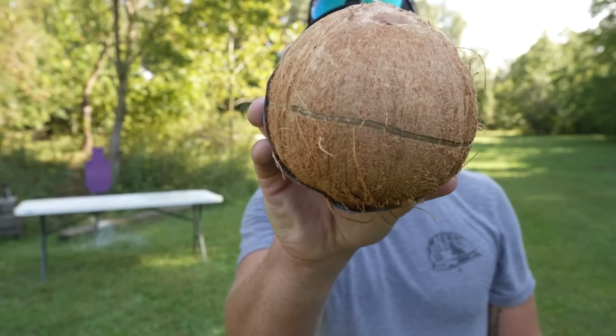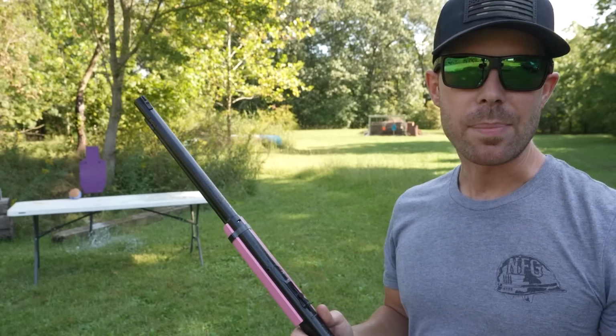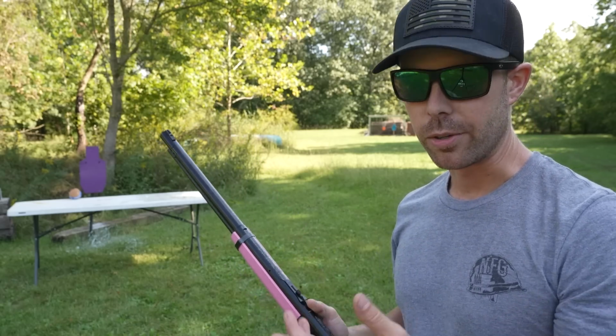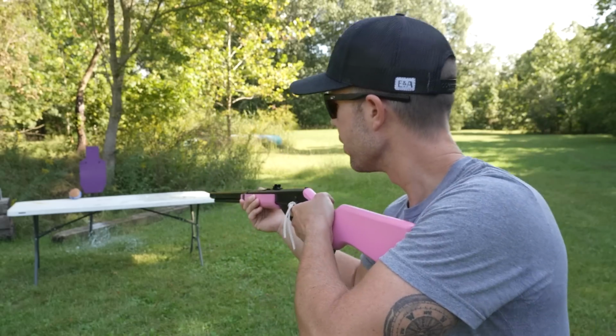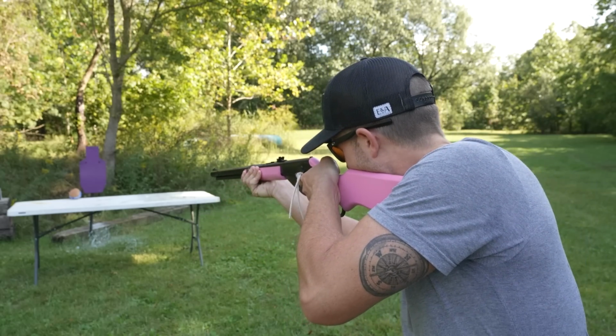All right, y'all, on my way out here I stopped and picked up a coconut because I figured it's kind of hard like a skull. So we're gonna shoot this with 2 or 3 of the BB guns and see if any of them are powerful enough to penetrate a hard coconut. We'll go ahead and start with the Daisy. It is an easy break coconut, so I'm gonna try to avoid that groove that they've cut in there, but definitely gonna turn sideways so I don't catch a ricochet to the wiener, but